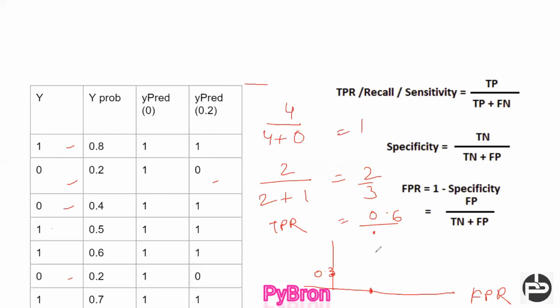And similarly you can calculate for 0.4, 0.6, 0.8, however many numbers you want to calculate, and we will get some points. We can join these points with lines, and that graph is known as the ROC curve. Whatever graph occurs with these points, this is known as the ROC. Hope you understood the ROC. Now we'll show you how it looks.